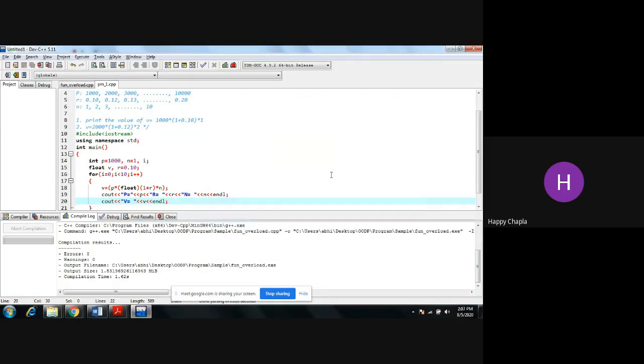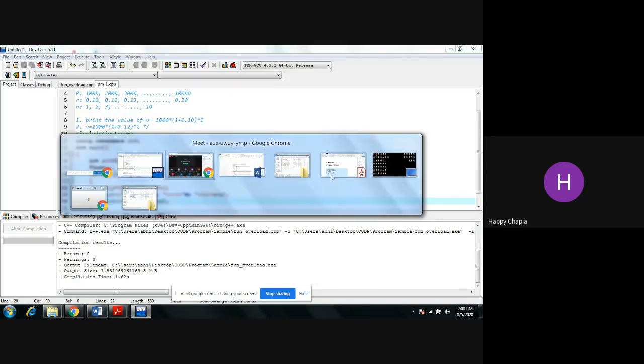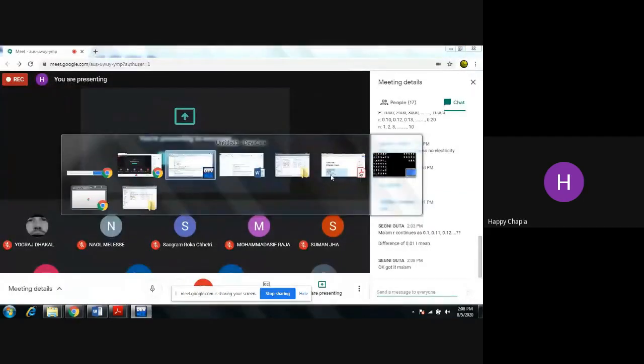For that, Sagni, I'm telling you, first check the value of R. If my R value is equal to 0.10, then increment it by 2. Otherwise, increment by 1, right? So in the first case, your R value will go from 0.10 to 0.12, and afterwards your value is incremented by 1, right? Am I clear with this? Okay.